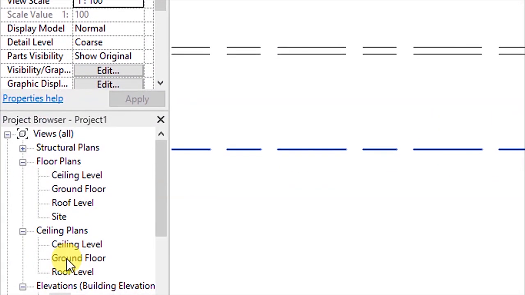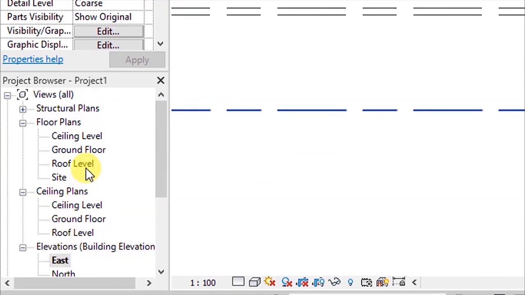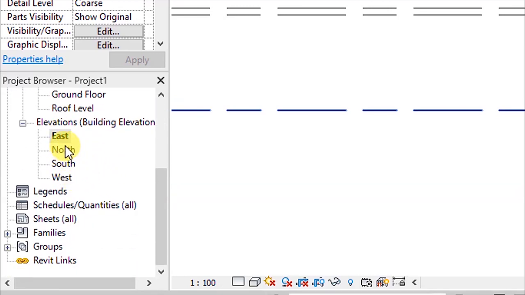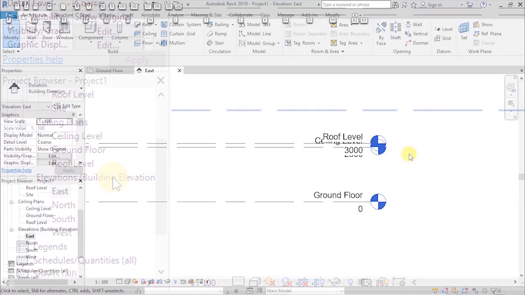Take a look at the project browser. You are going to see an update in terms of the floor plan. So we have a ceiling level, a ground floor level, a roof level, and a site. These are the ones that have been created. Our building elevations remain the same. We have an east, north, south, and west elevation. So we are done with